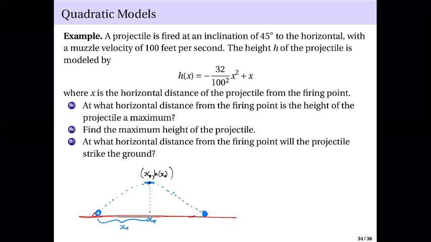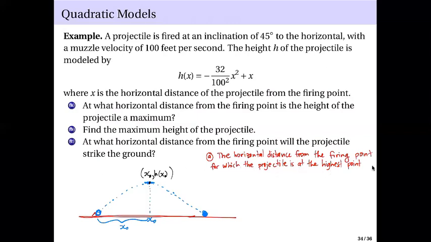So, to answer A, the horizontal distance from the firing point with the maximum height, for which the projectile is at the highest point, is,